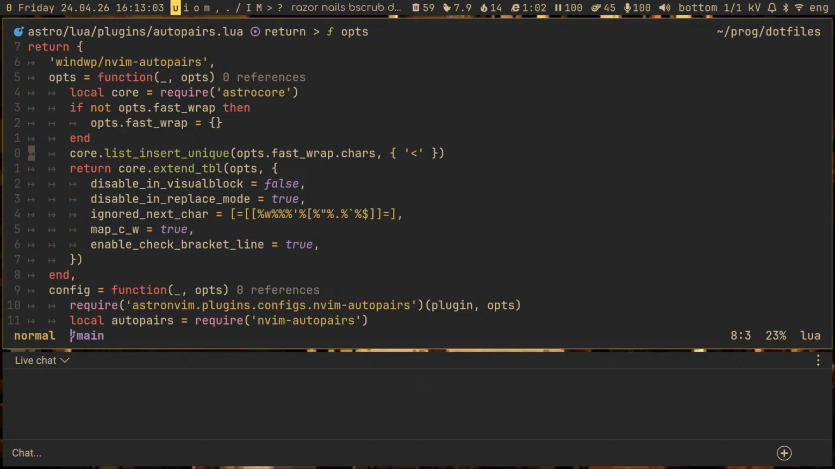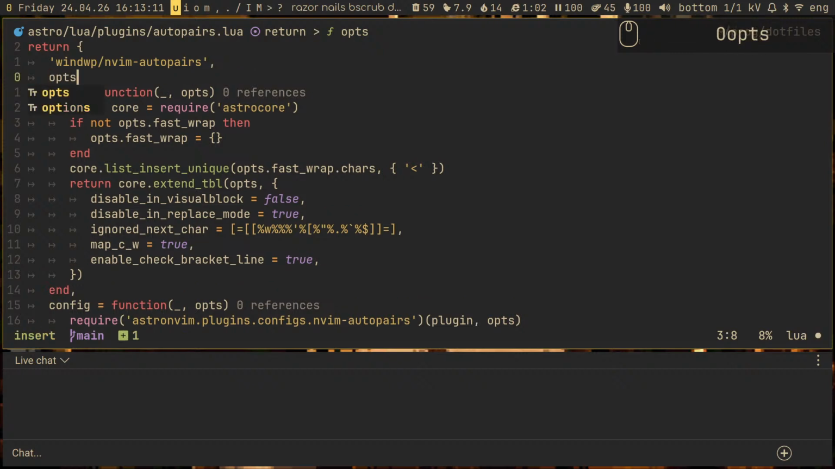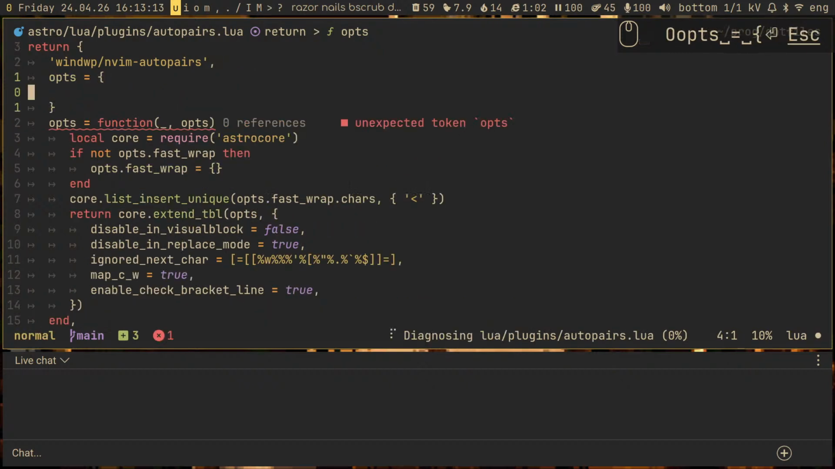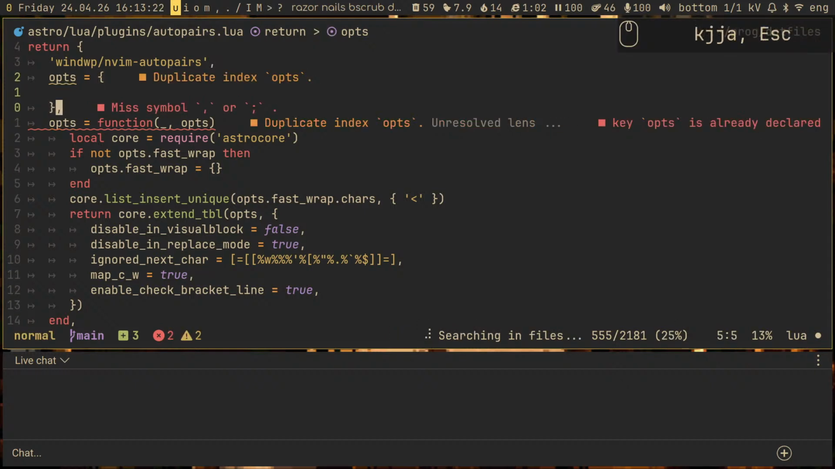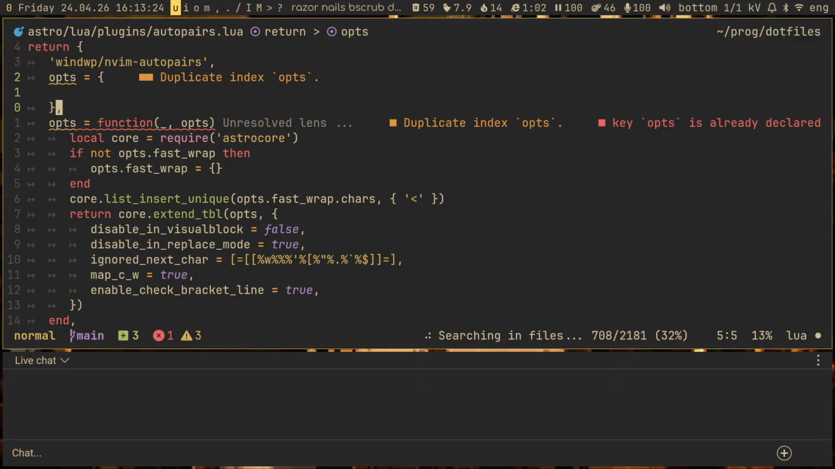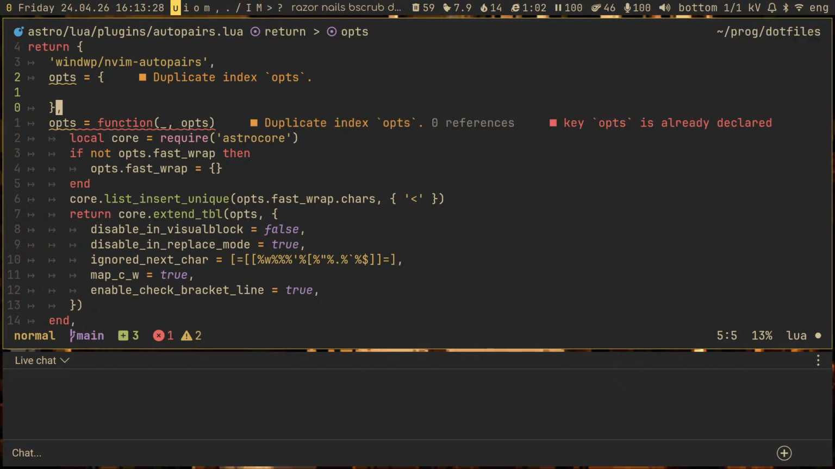So, what is opts? Let's start with opts and fully explore it, and then come to config. Opts can be a table. The benefit of this is that this table will get merged. Believe it or not, you don't have to have the entire configuration for, in this example, Neovim auto pairs in a single file,